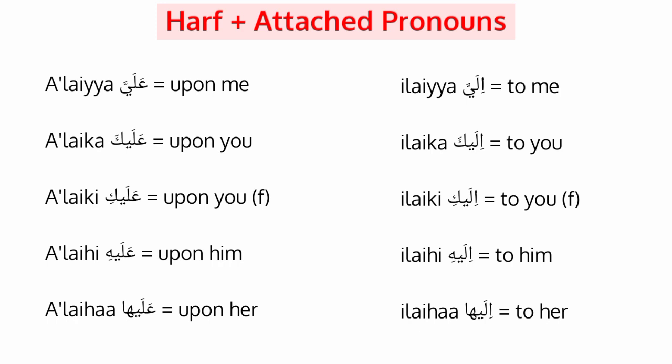And the third major information you got today is that ala and ila, whenever any letter is being added, the ending Alif Maksoora in ala and ila becomes ya when any letter is coming after it. And for upon me and to me, it is alayya and ilayya. So alayya, alayka, alayki, alayhi, alayha. Similarly, ilayya, ilayka, ilayki, ilayhi, ilayha. Okay, that's all you have learned today, and with this we can formally end Harf of Case 3.